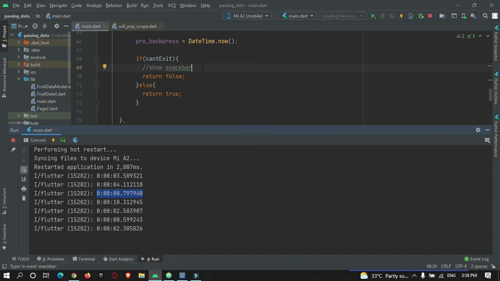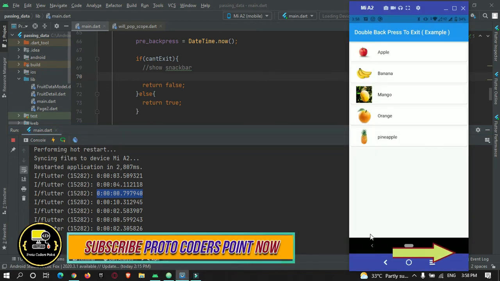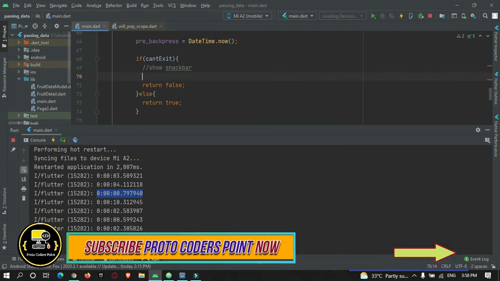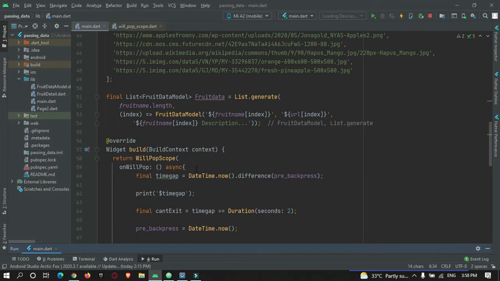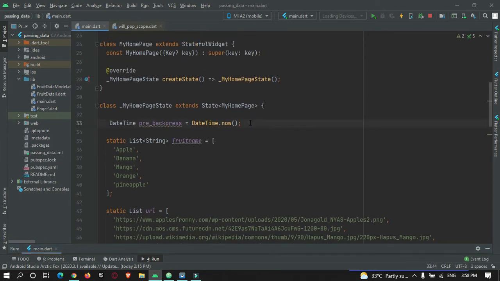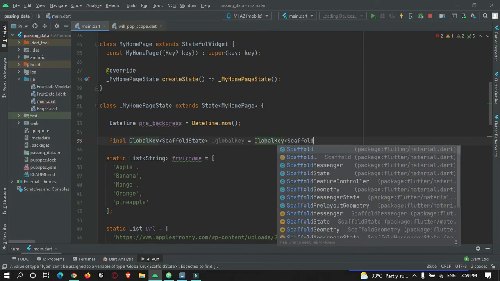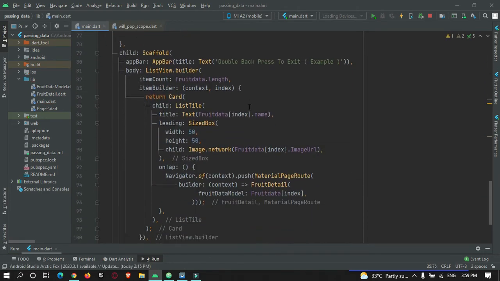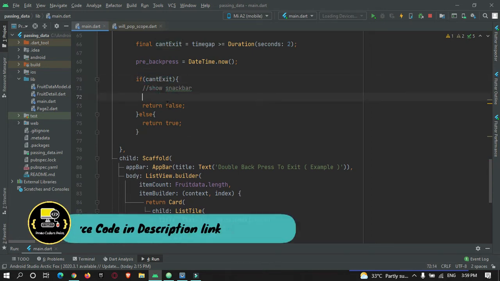Now let's build a snackbar to show at the bottom of our app: press the back button again. For that, first of all, you need to create a global key. Now here, if your app cannot be exited, then we must show the snackbar to the user.